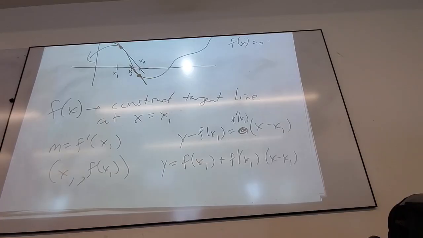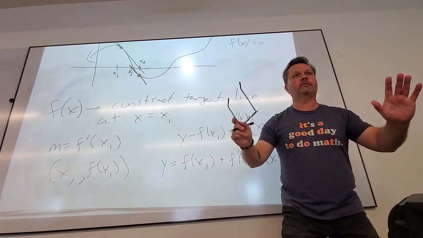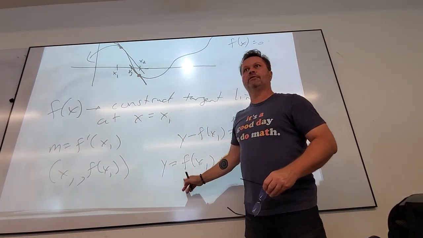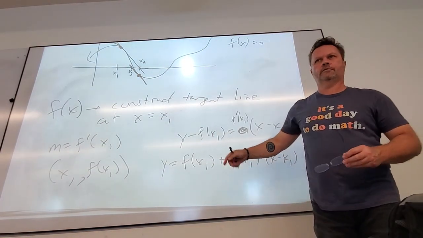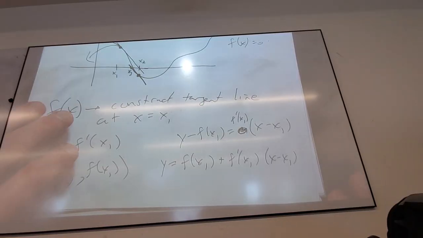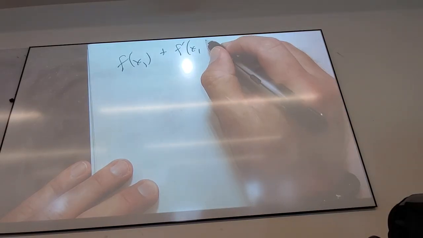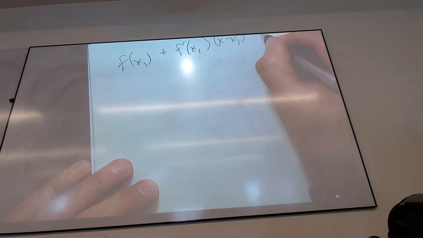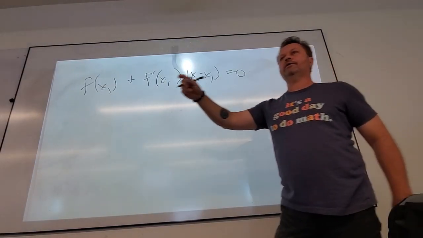And this came up early, which is beautiful. How do I get the x-intercept of anything? Make the output 0, yes? Are you guys still with me? We've done everything I've talked about so far. This is just find a stupid tangent line. What is this also called? The linearization. Okay. So if I take that and I set it equal to 0, the answer I get, I will call x2.